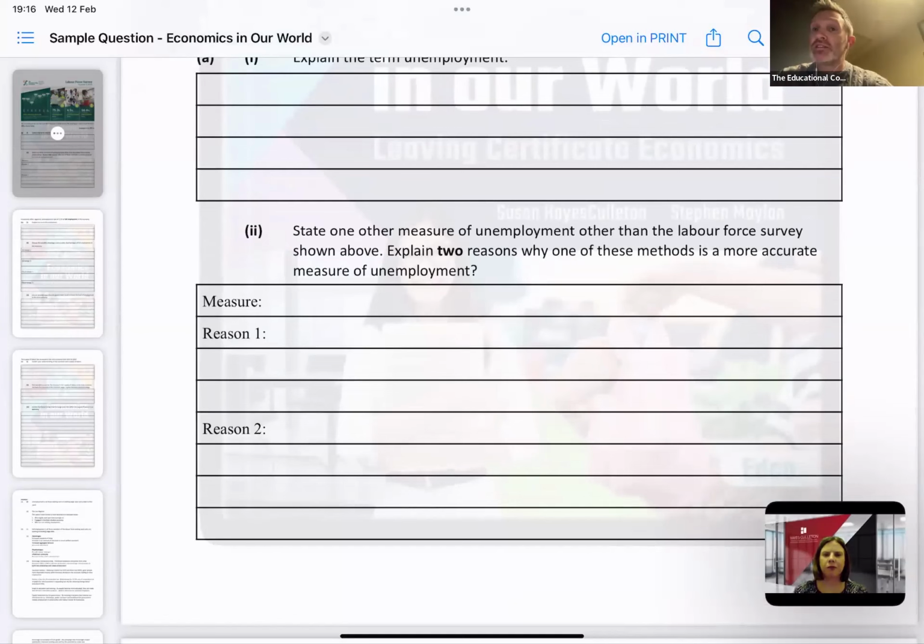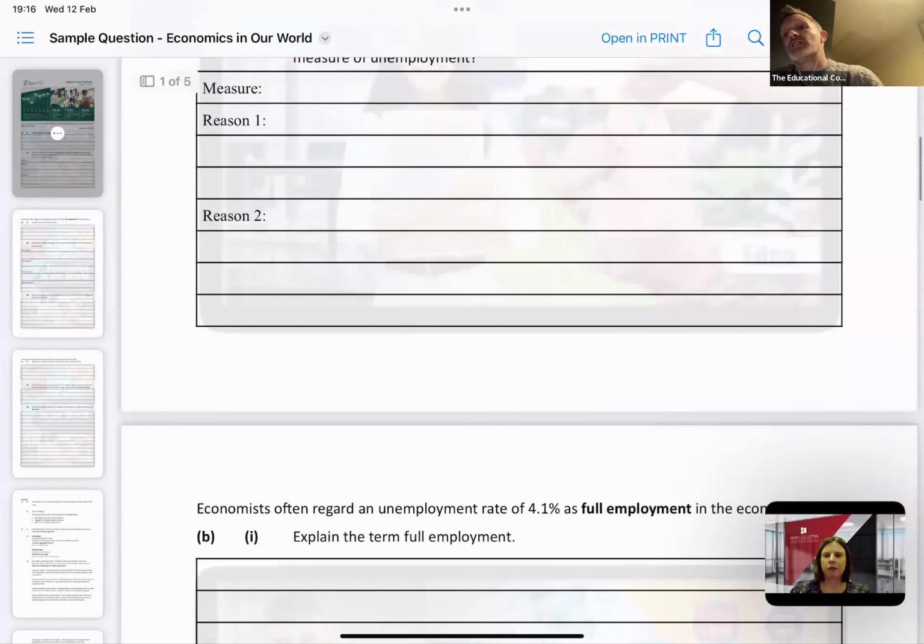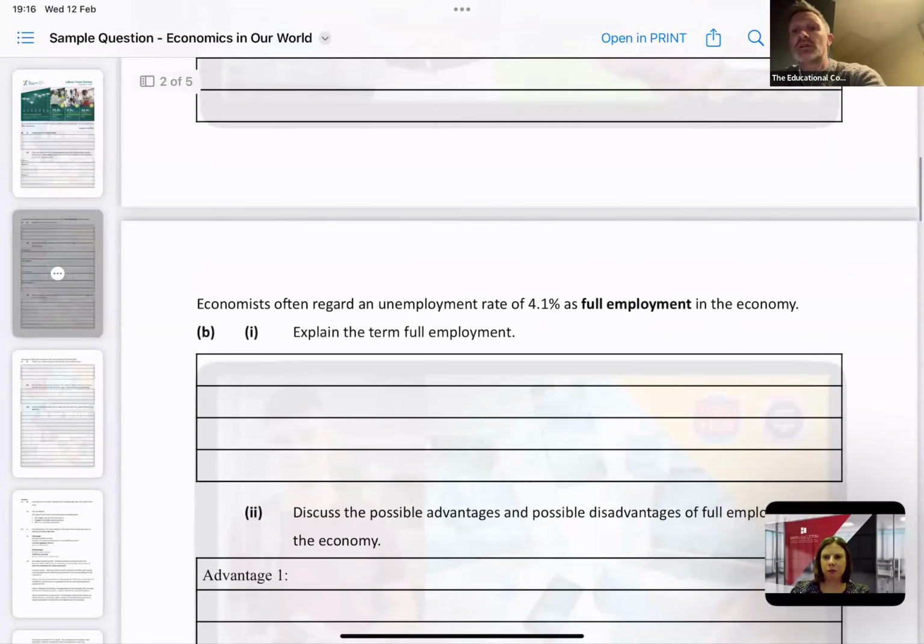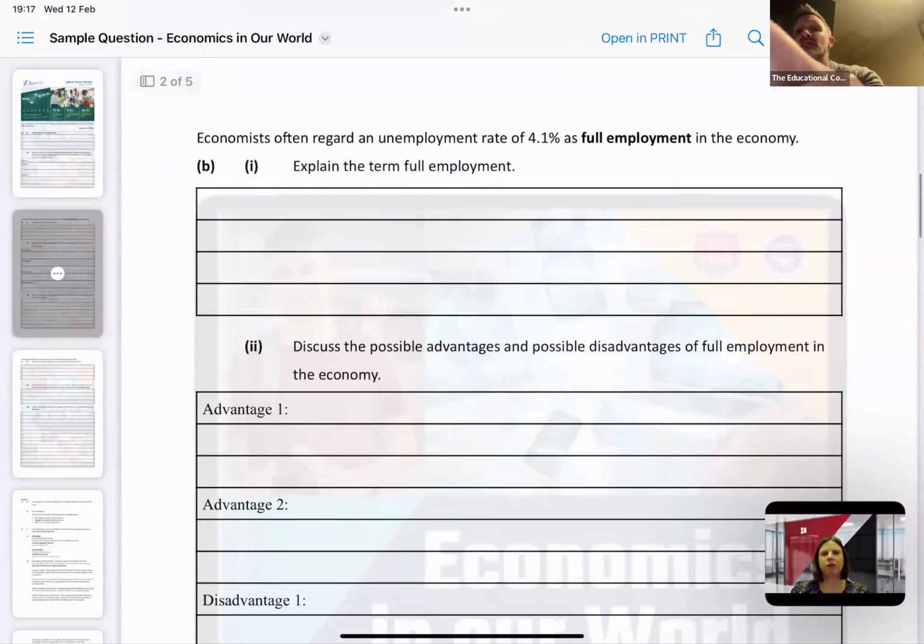And when this is sent out to you in the email, there will be solutions as well. So you can give it to your class, and you have the solutions already made for you. The same when the resources for Economics in Our World go live on your Edco Learning: all of the solutions to every question, and as Susan said earlier, the higher and ordinary level questions are in each chapter, again with solutions done for all. That's just to cut down on the prep time for class.